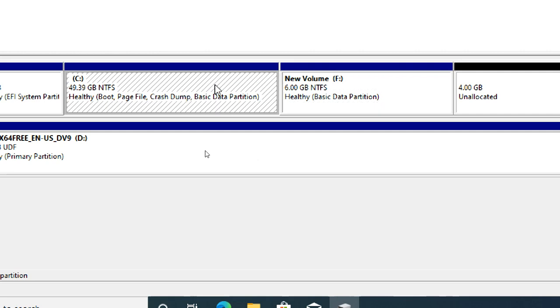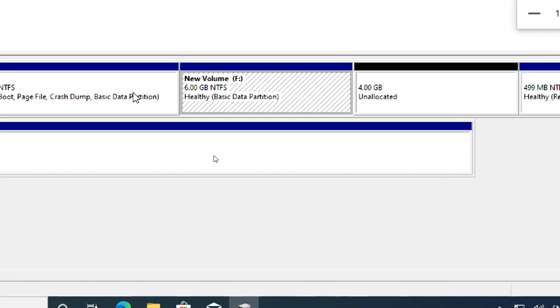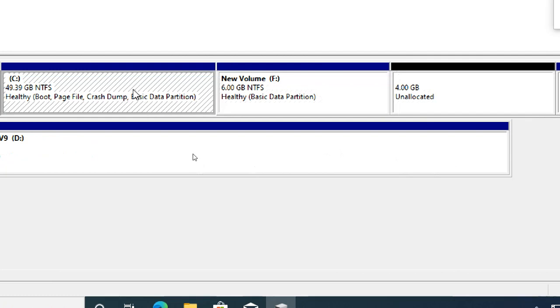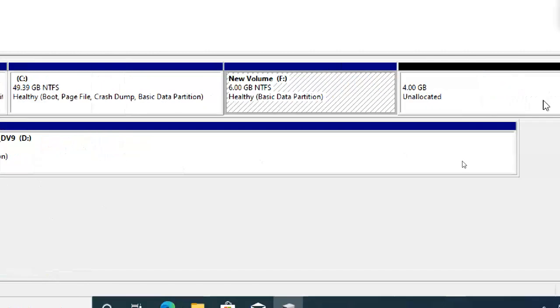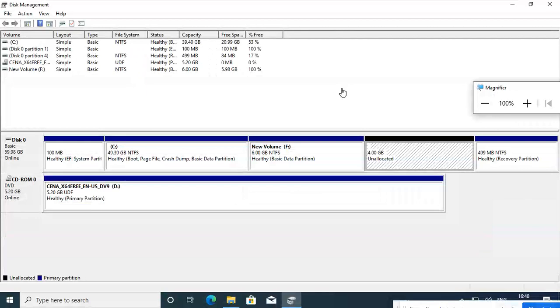I got the point, guys, how to do it, because in real time also you will get this kind of issue. Be careful about what you are doing. Don't do it randomly. Take the backup, copy the data into an external hard disk, and then you can merge the drives to get a bigger partition. This is how to create a partition, how to extend the partition, how to delete the partition, how to shrink the partition. So we have seen that.